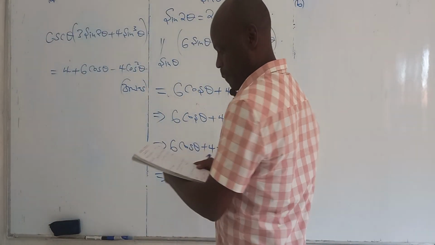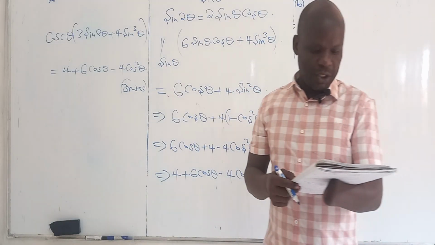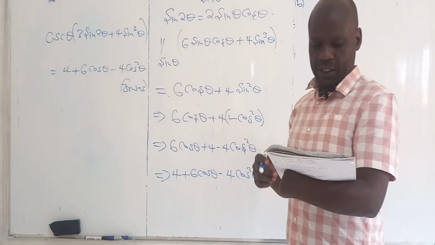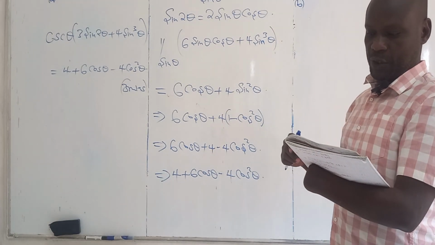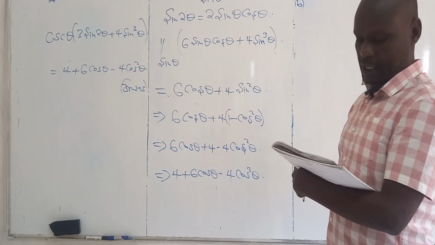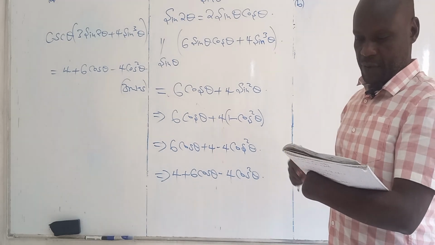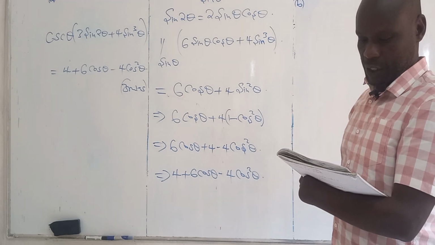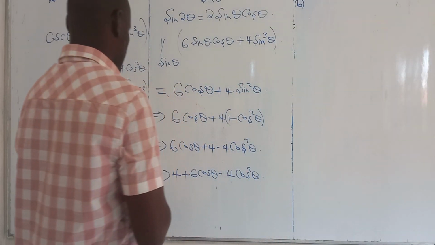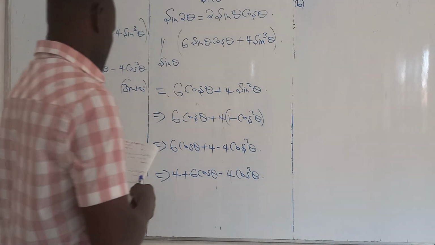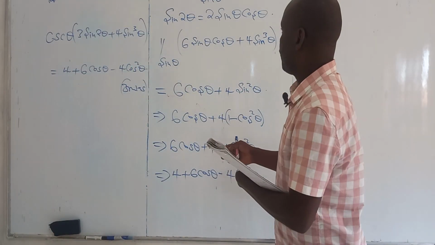Part B says, solve the equation cosec into 3 sine. Actually, it's just the same equation we had before that we have just concluded, except that now we are adding 3 to it. So I'll use this result that we have here. So if this is this,